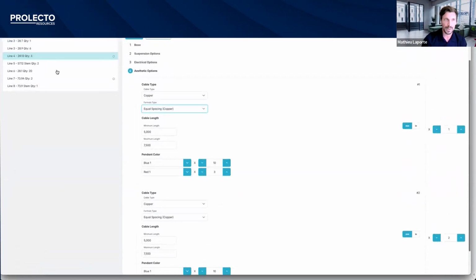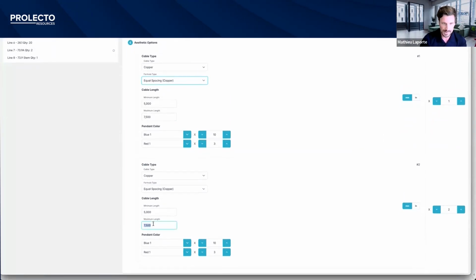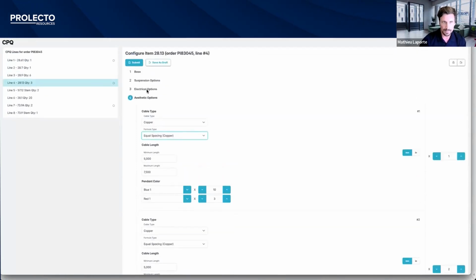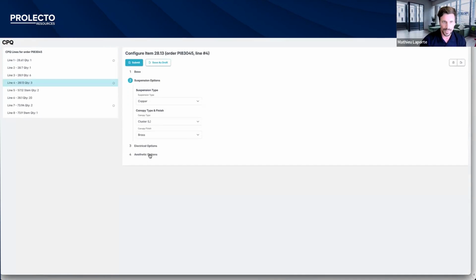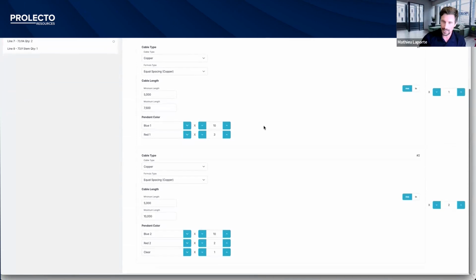So let's say you have 3, but one is different than the other 2. Well, here I'm saying, okay, this one will be exactly like this. The other 2 might be different. So here I can do, well, this one is a 10,000 millimeter. And instead of blue 1, I want blue 2, and I want red 2 instead, right? And maybe like one clear. So everything else is the same for all 3 quantities, except the last attribute for aesthetic that would be different